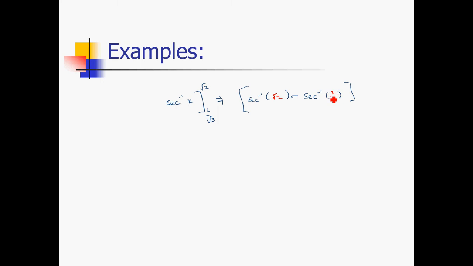I don't have my inverse secant values memorized, but I can say to myself, this is a reciprocal. Who has a cosine of 1 over root 2? Who has a cosine of root 3 over 2? And remember, we are only dealing with function values. Who has a cosine of 1 over root 2? Pi over 4, right? Who has a cosine of root 3 over 2? Pi over 6, right? So of course get a common denominator. So that is